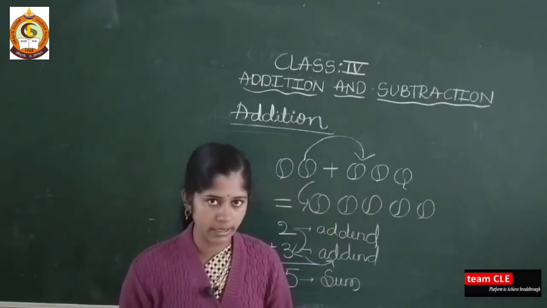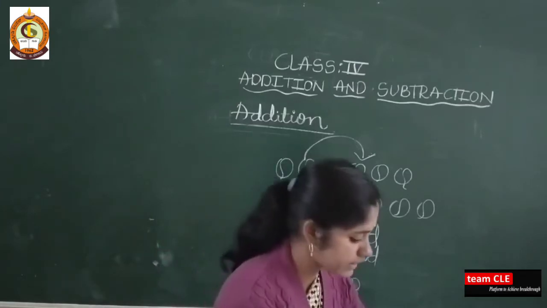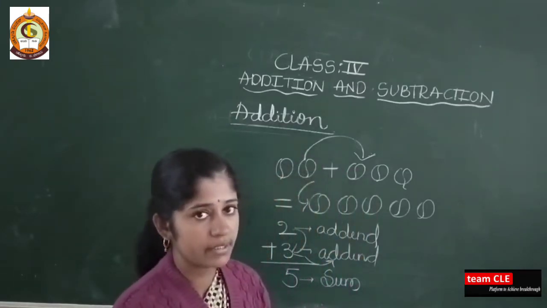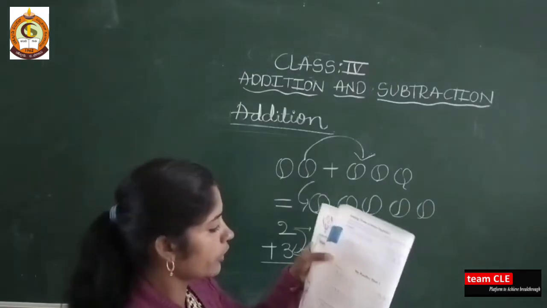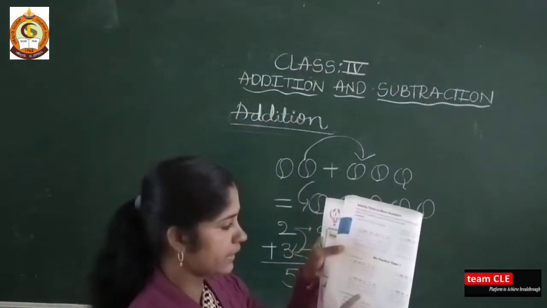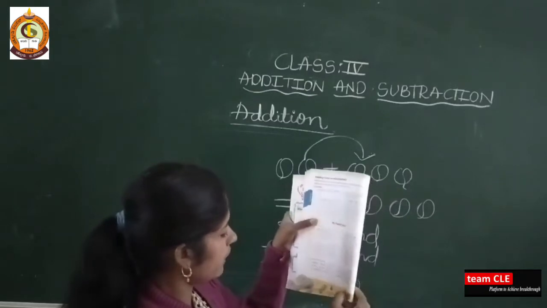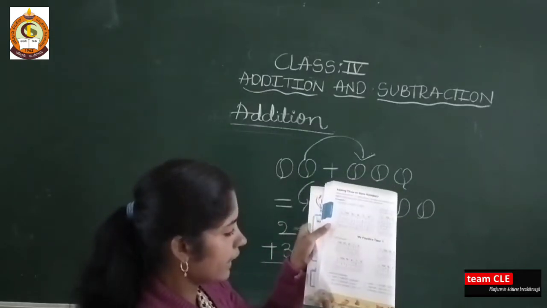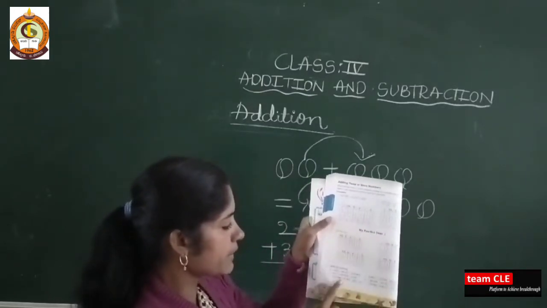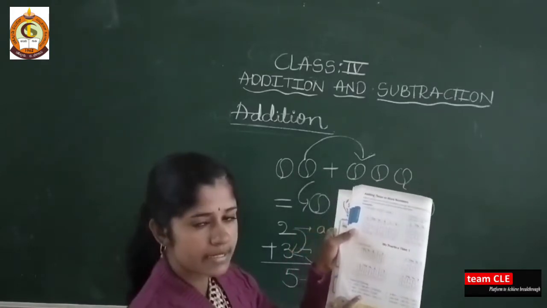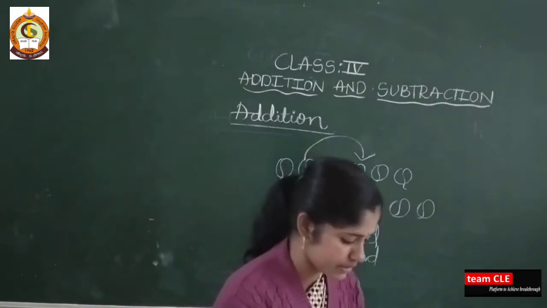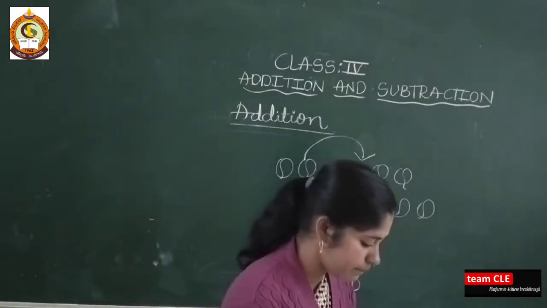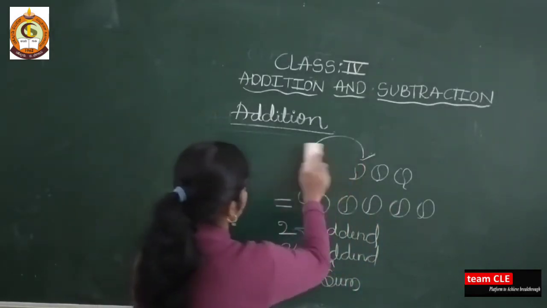Next, I will take some examples from your My Practice Time 1, that is adding 3 or more numbers. Already you added 2 digit, 3 digit, 1 digit numbers, but here we are going to add 5 and 6 digit numbers. So My Practice Time 1, page number 98. Here 4 examples are there and here 6 examples are there. Among them I will solve three examples.